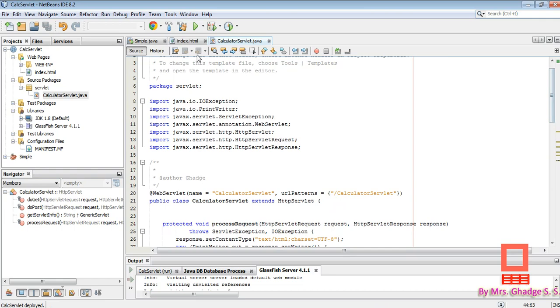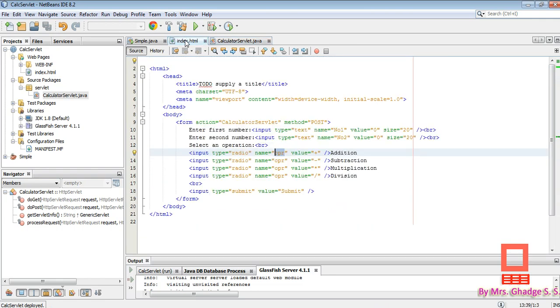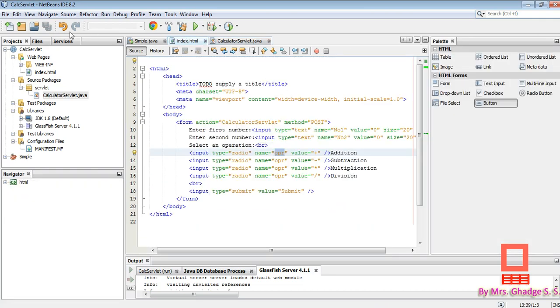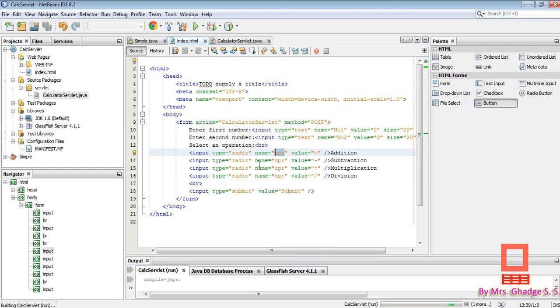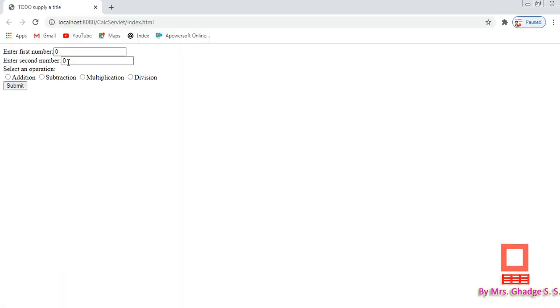Let us see how it works. Just click on index.html and right click, run file. Okay, so you will get the output in the browser. Enter the first number, suppose we put the first number to be 10, second number 10, select the operation addition, click on the submit button.